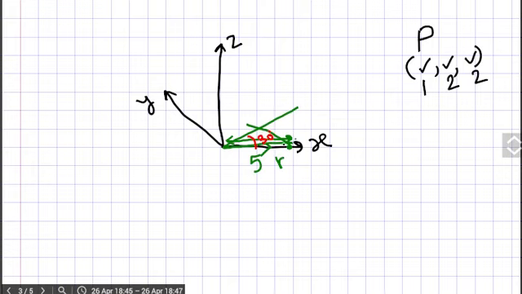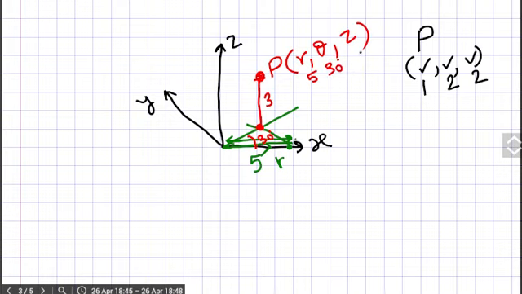First you traveled 5 unit distance, after then you rotated that vector by 30 degree. So now you are here at this point. 2 distances you have traveled. Now you have to go in the z direction. Suppose you have to travel 3 units. So ultimately you will reach this point. So now it will be your point, and it will be represented by r, theta and z, where r is 5, theta is 30 degree, and z distance is 3.